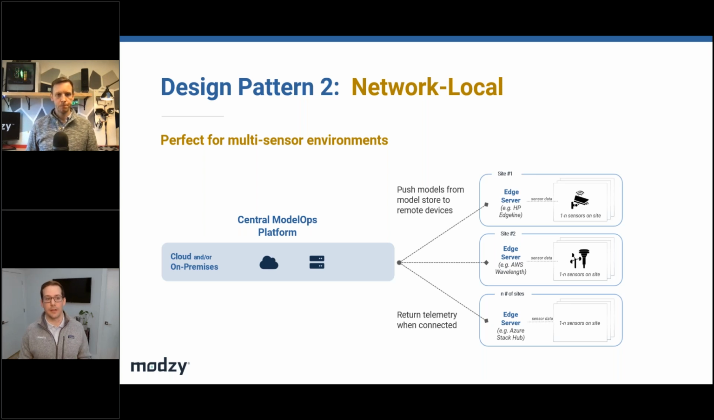Moving on, the next design pattern we see is similar to what Seth was just describing, something that we call network local, which again is similar to native edge, but can handle larger workloads. So let's do a quick comparison here. We can deploy a single model to that Raspberry Pi, and you saw some telemetry data that was returned. And maybe you can get away with a 500 megabyte model that requires a couple hundred megabytes of RAM